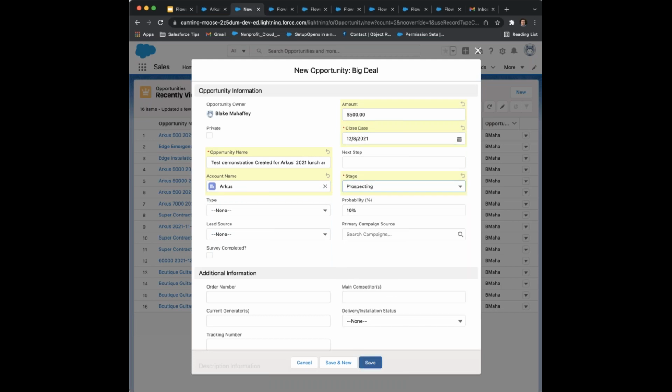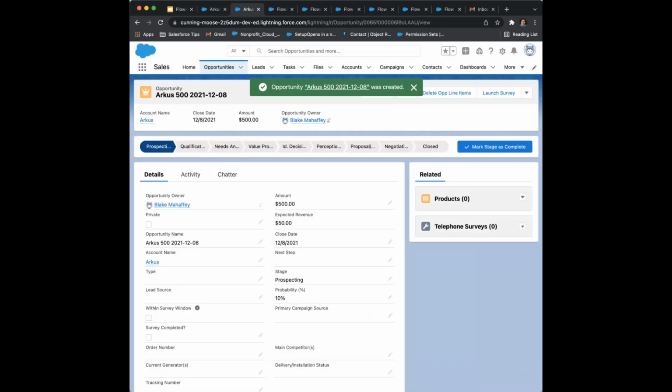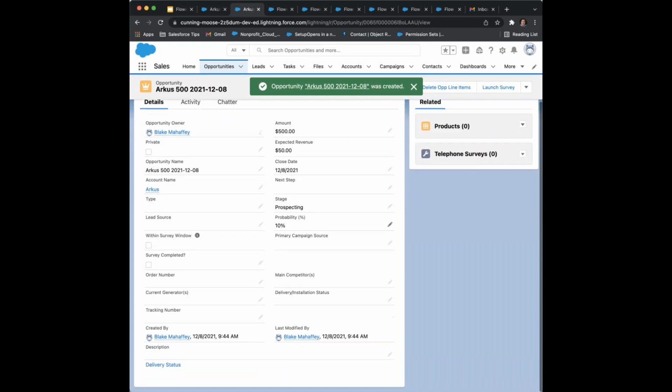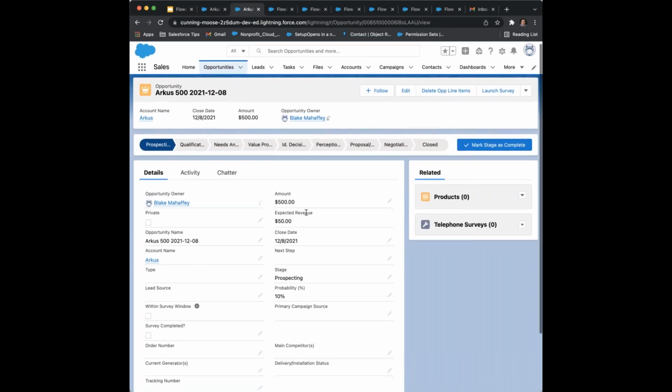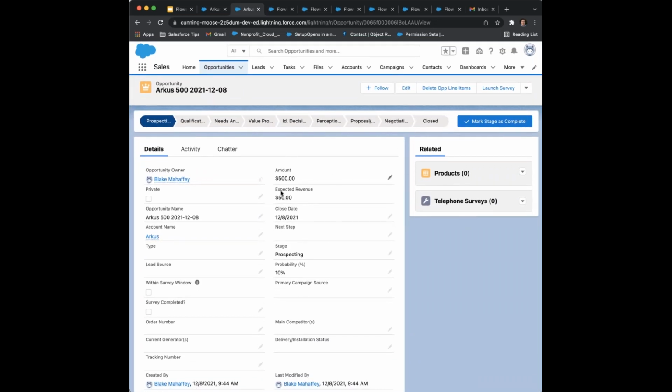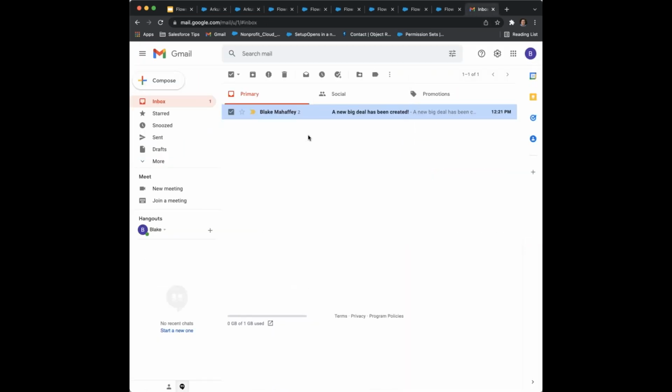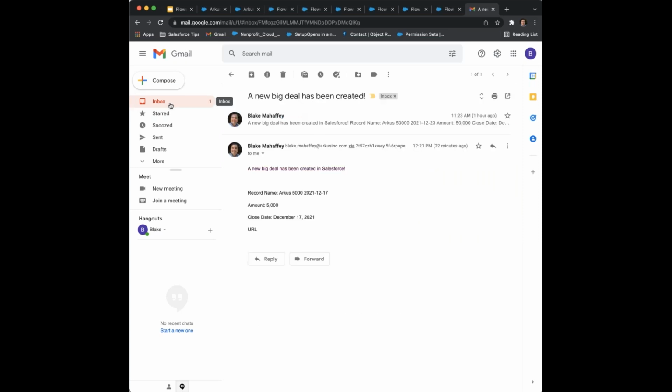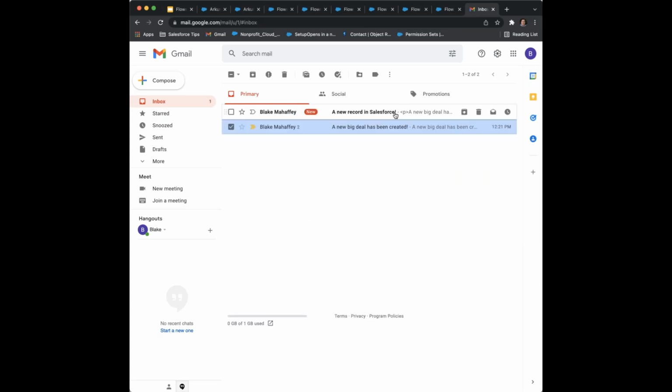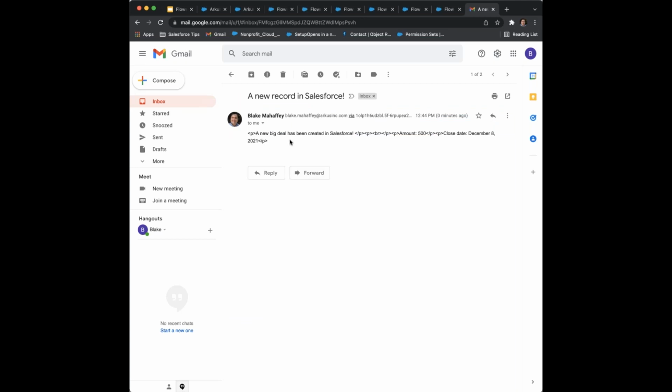Oops, and then I have to put in the stage. There we go. Now we have our flow that we see that the naming has worked. I don't know if an email has popped in. It looks like we're still waiting for it to come in the inbox. Aha, there we go. A new record has been created in Salesforce, but you'll notice we have this weird HTML